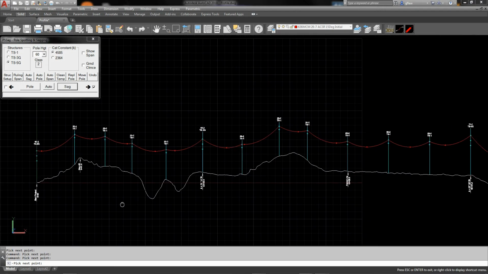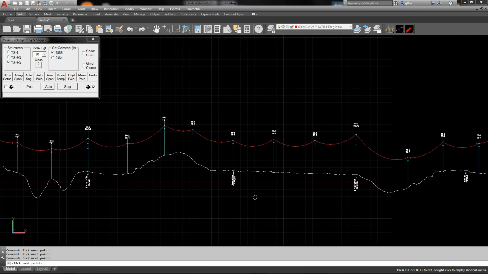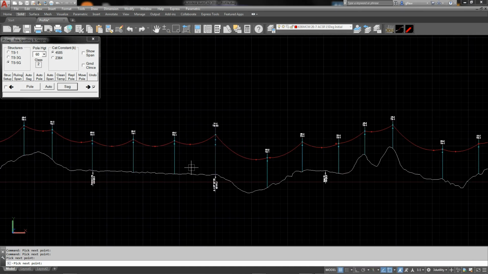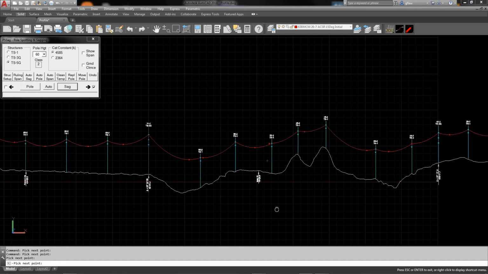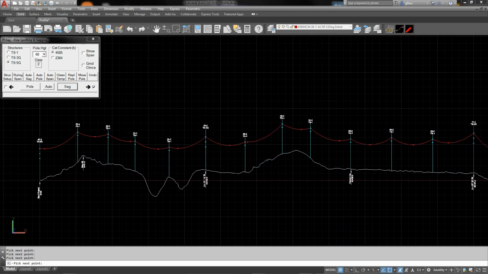Okay, so there's our second pass, and we see that we don't have any uplift problems. Possibly one here, but we will again leave that to the mechanical design portion to determine that. The next thing we want to do is go back and lay in our final sag on the low attachment point